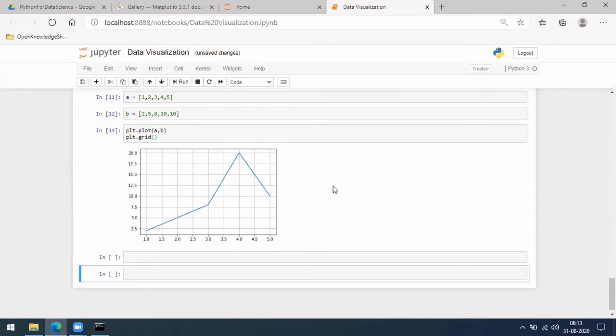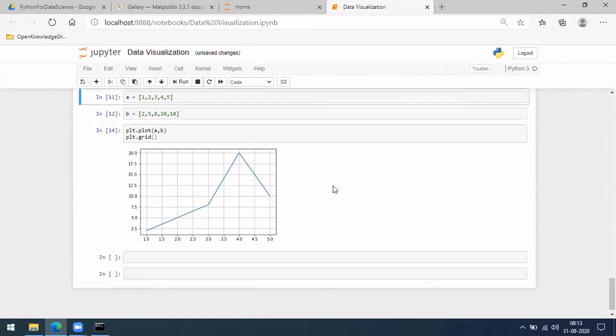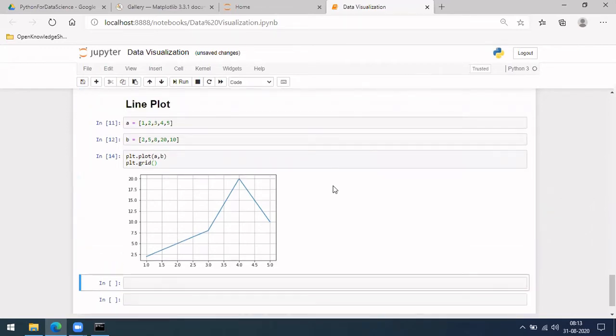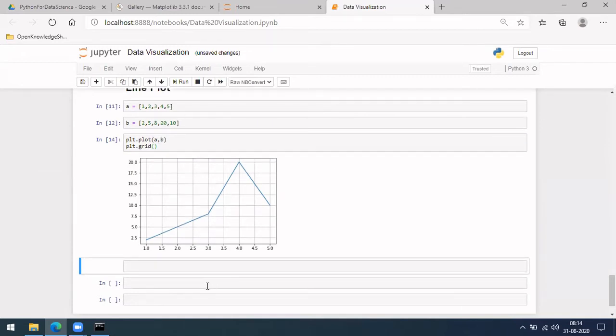Okay. I'm not saving it. Let me do one more plot. Scatter plot.